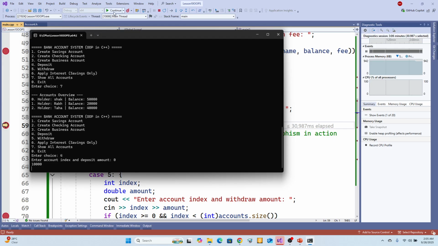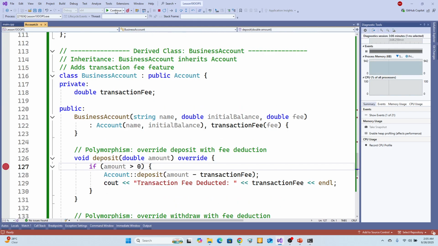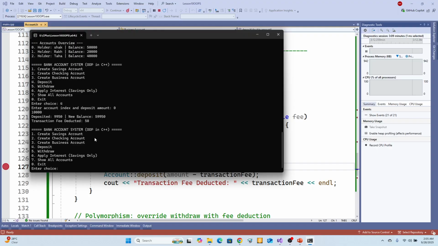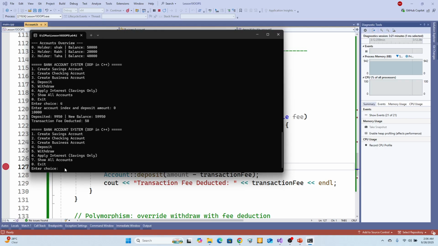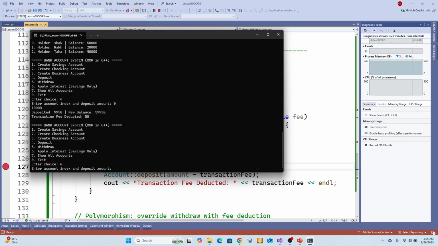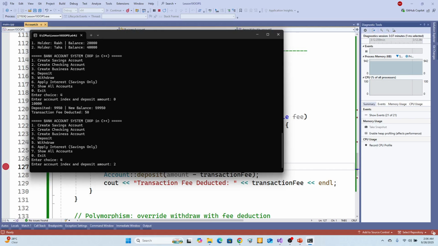So the system will deposit the amount and deducted the fee 50 as well here. You can see here. Now deposit the amount into second account by selecting the option 4. So first we selected the index 0. Now we are going to select the index 2 and amount is the 20,000,